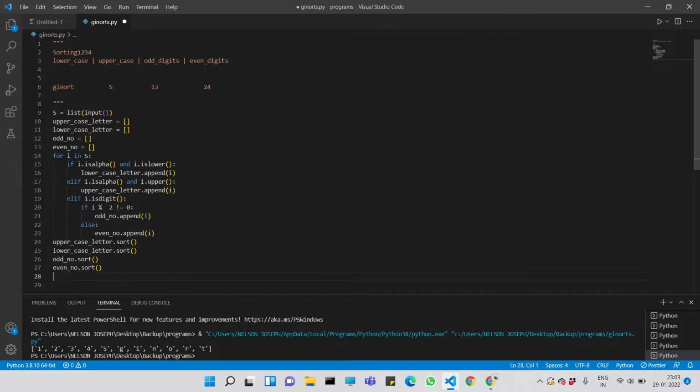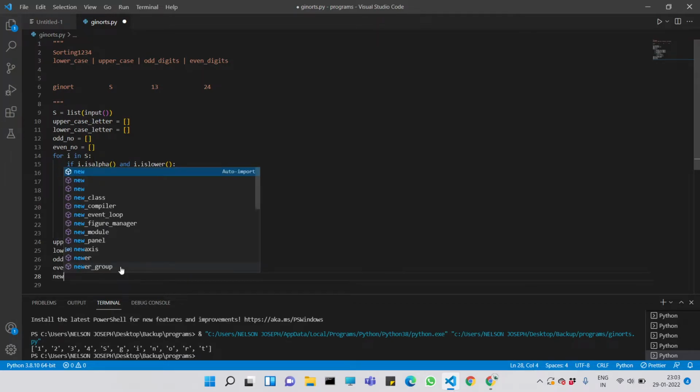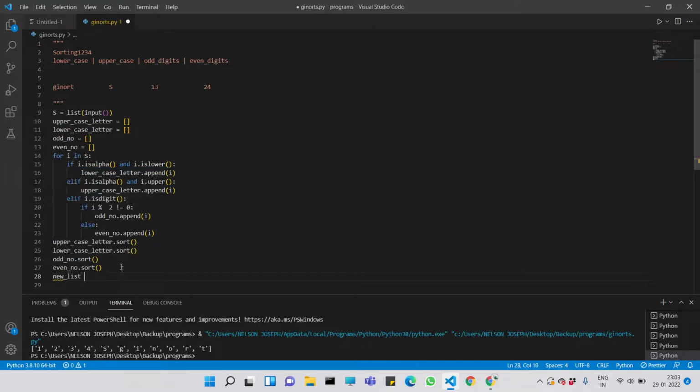So each and everything in that is sorted. What we need to do is combine those. In order to do that, first we need to make a new list equal to